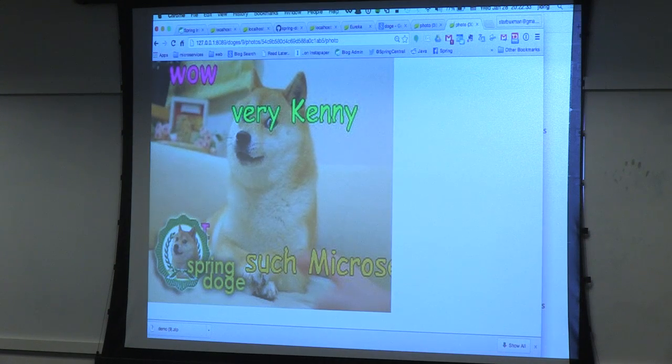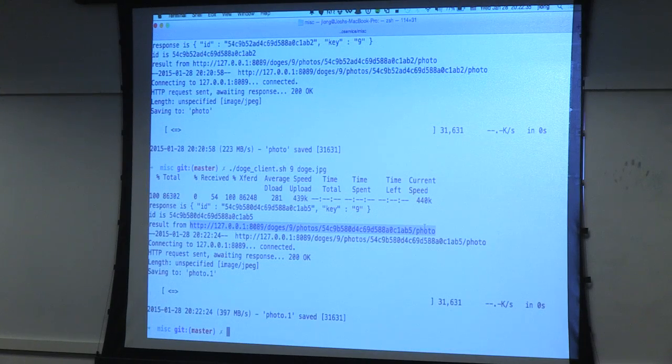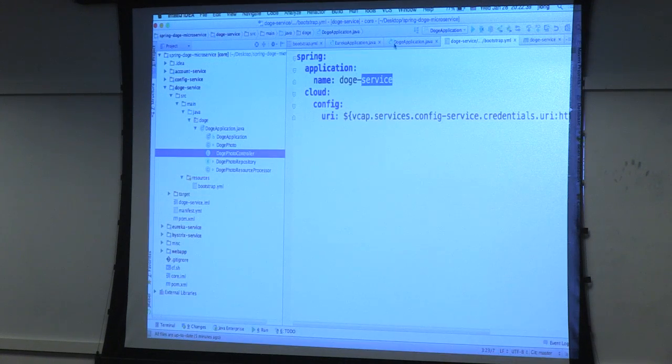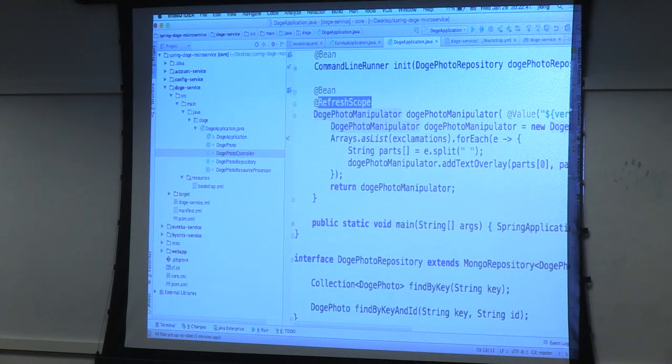So we can fix that. The way to fix it is to call refresh on the context. We've introduced a special scope called refresh scope. What this does is it creates a proxy of whatever bean you want, and then in situ it recreates the bean inside the proxy. You need to tell it to do that though. It doesn't just do it for no reason. So there's a couple of different ways to do it. You can use an actuator endpoint that we've contributed for Spring Cloud called /refresh.